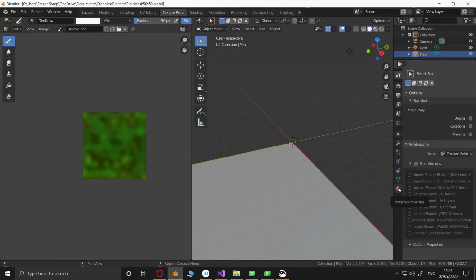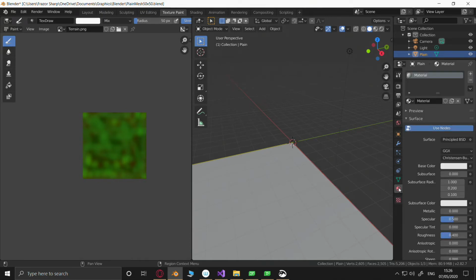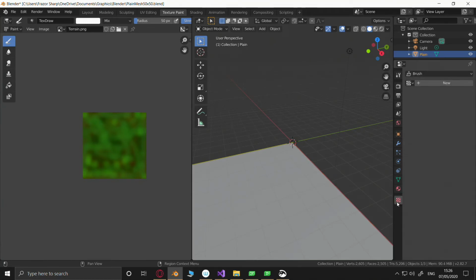Where's textures? Texture properties. Why isn't it using this? Ah, we're in texture drawer, are we?